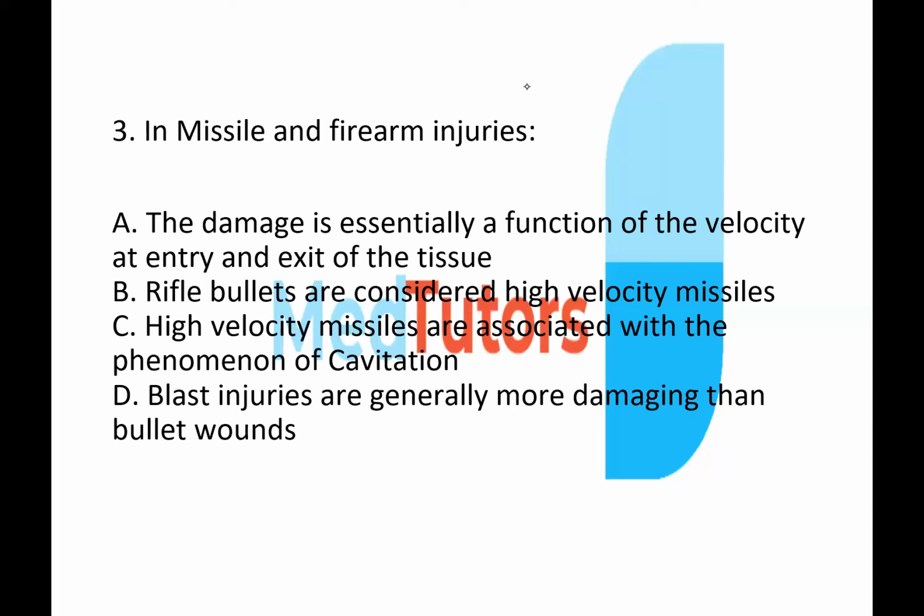I just told you physics now. Damage is a function of what and what? Mass and velocity. It's not a function of entry and exit points. It's mass and velocity. So that is the only wrong answer there. You know, the option is the single best option. It might be the only odd one now.